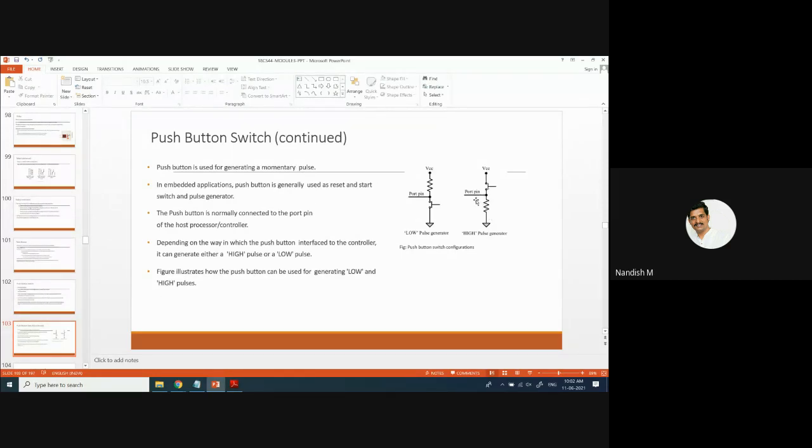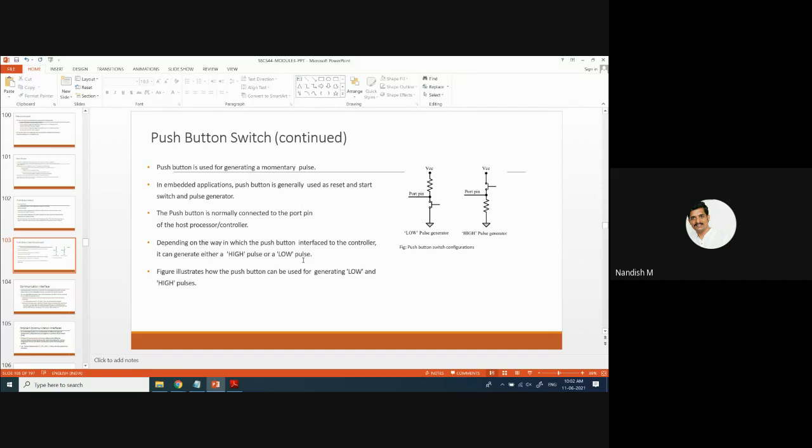If it is connected here like this, then it will generate the high pulse. Whether a high pulse is required or a low pulse is required, based on that we are going to connect. High pulse generator or low pulse generator. These are the input and output subsystems, meaning so many components, sensors, actuators.